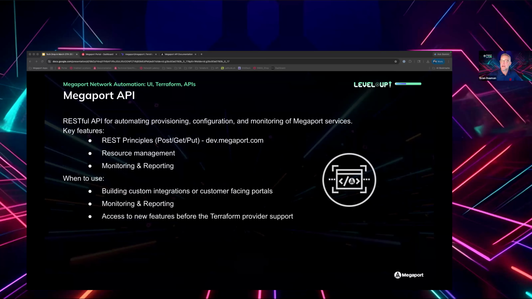So next, let's talk about APIs. With Megaport, we've given our customers the ability to utilize APIs to access our API endpoints. And with Megaport, we support a RESTful API, which means that we adhere to the REST principles of